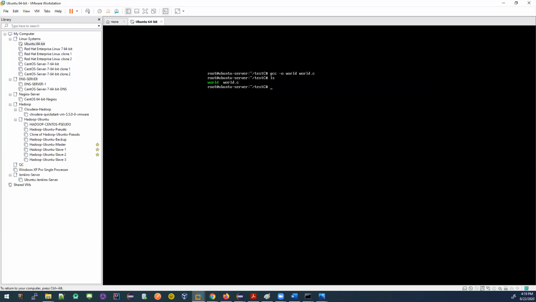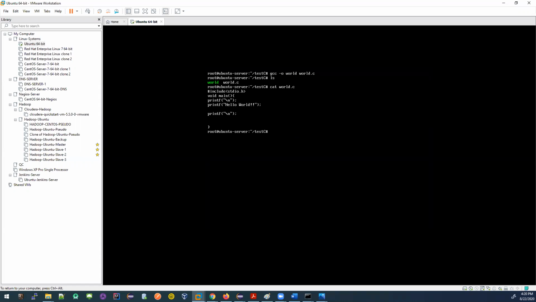See the green color, world. This is my compiled code. My actual code was world.c. If I see world.c, this is my actual code, right? But what if I want to see the compiled version? After I execute the GCC command, the source code world.c gets compiled to this one, world, the green color file.